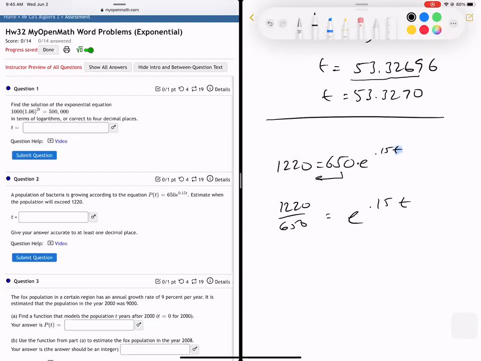Okay, great. Now, how do I bring down the exponent? What special log do we use for e? So this is just a quick reminder. We're going to use natural log here. So if I natural log both sides,